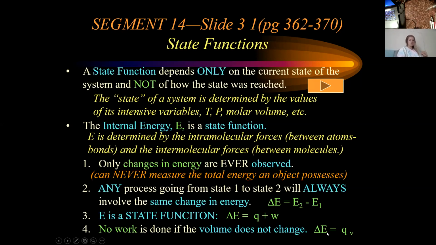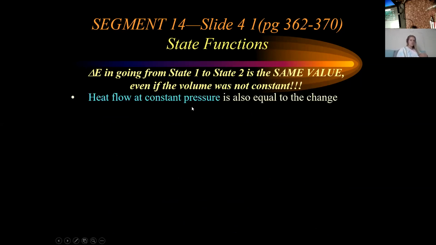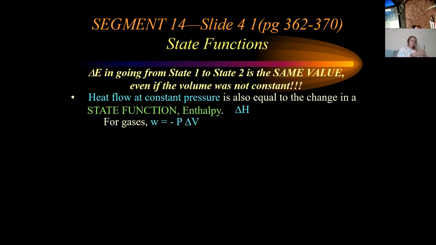And the only way, though, I can actually measure delta E is to carry it out in a process where the work can't be done, and then measure the heat flow. And then once I know it once, I know it forever. And that's how we're getting delta E. Now, heat flow at constant pressure is also a state function. We call it enthalpy. It corrects for the fact that